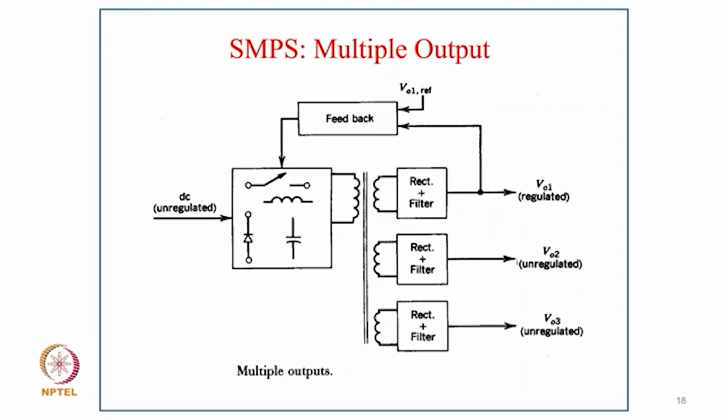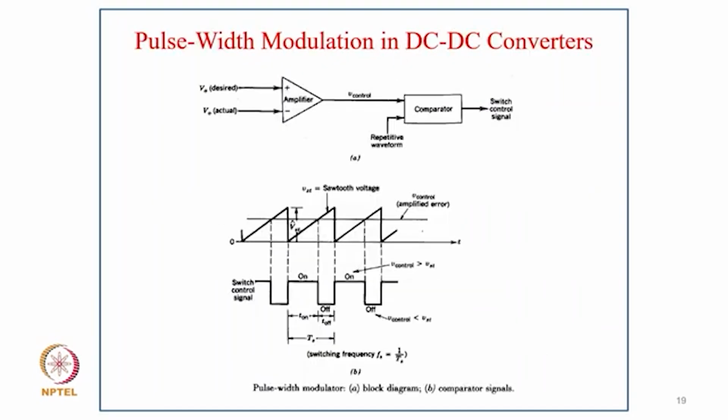Right? But we can regulate precisely only one voltage, which is normally the most delicate, like in a computer supply, normally 3.3 volt, which goes to the processor. And of course, because of the turns ratio, the other voltages are also regulated within a certain range. Only a minor change in the voltage may be there because of the loading condition. Otherwise, they are designed for a precise output voltage. So that's the concept of how we use multiple outputs in this switch mode power supply.